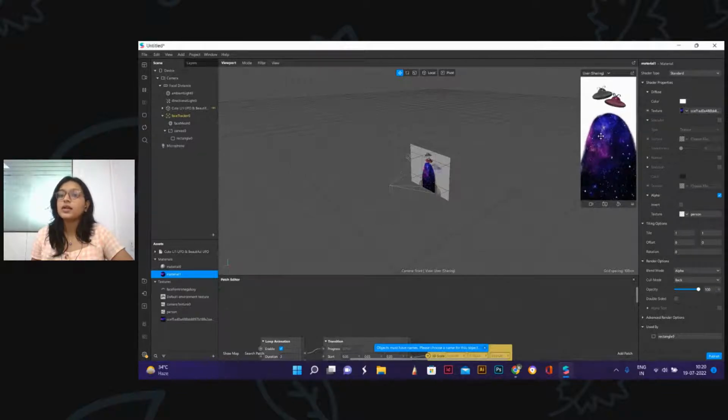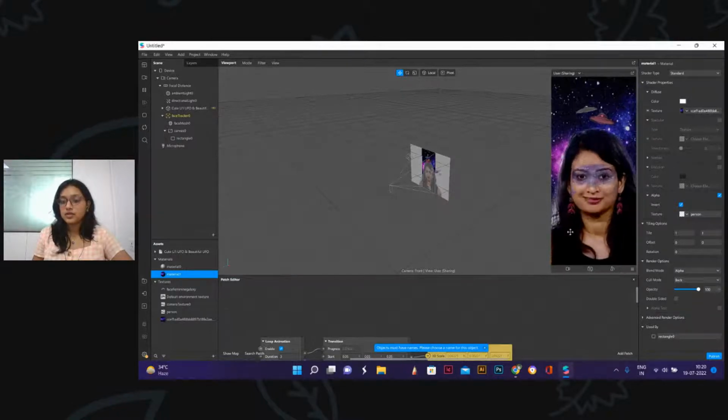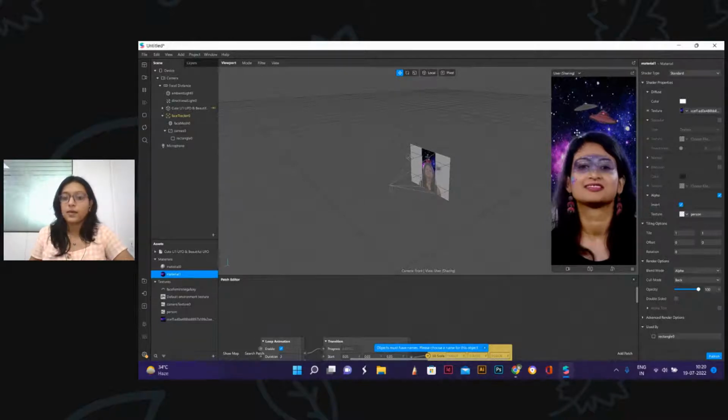I told you that when you segment the person, the hair or the skin, whatever background or plane or rectangle you have created, it would appear only on those parts. So we don't want the person to be of this shape. So I'm just going to click on invert, and now you can see that the person is in front of the camera and the background has this effect. Okay,